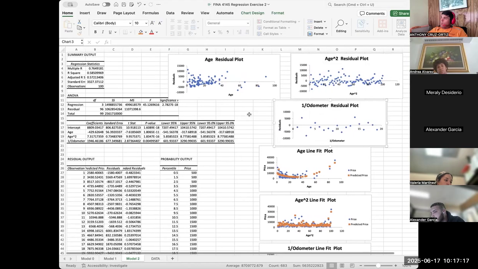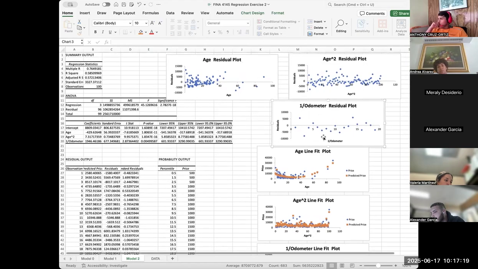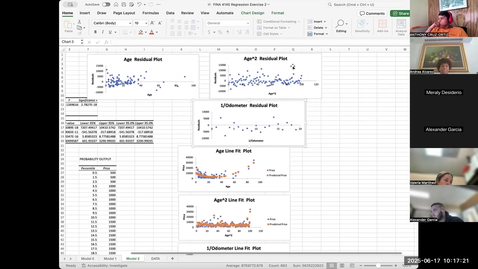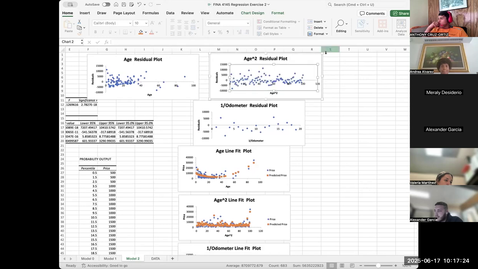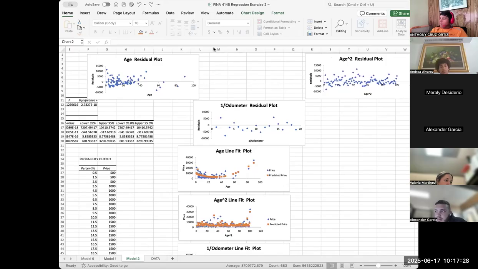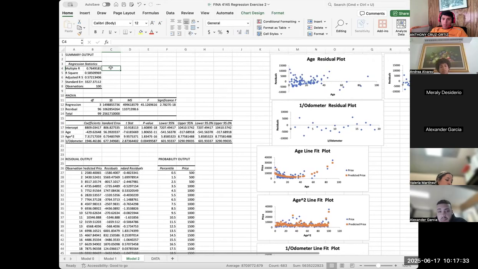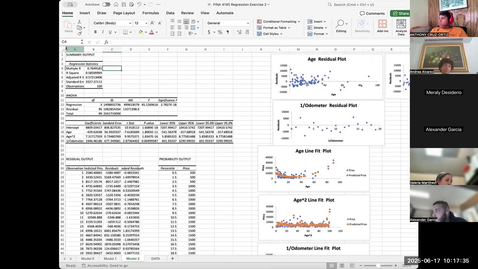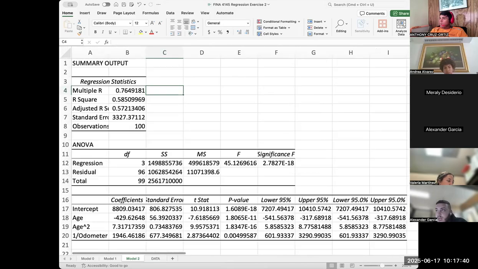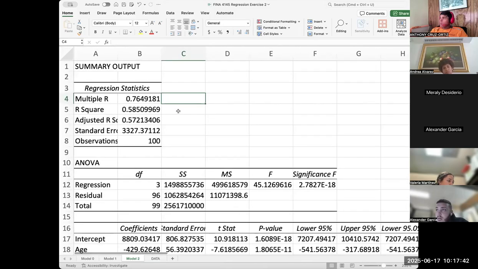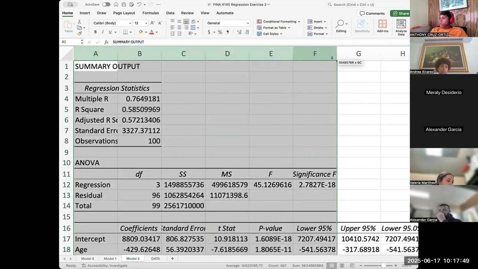All right, so there are my plots. There's my output. I didn't do great with moving them around, but let's get this over here. All right, look at this. Wow. What do you think about the results? Did we ever improve the model fit? Okay, so we did a great job here.